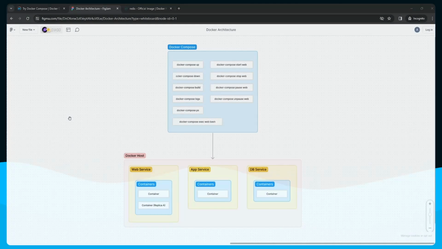Hello, my name is Alex, and in this video we're going to be going over the Docker Compose file, and more specifically we're going to be learning how we can set up multiple containers to work together to achieve a specific goal. So for example, you may want to set up a web application with an attached database, and you want to do that within Docker as two separate containers that work together,